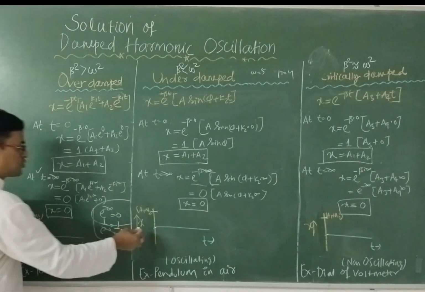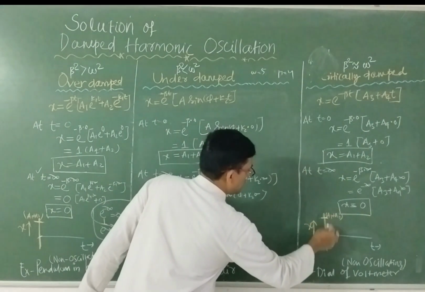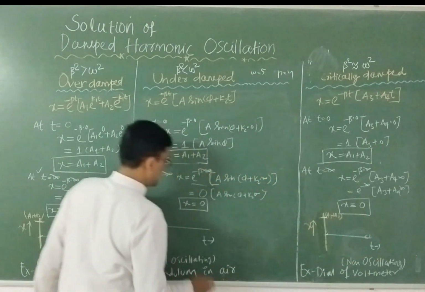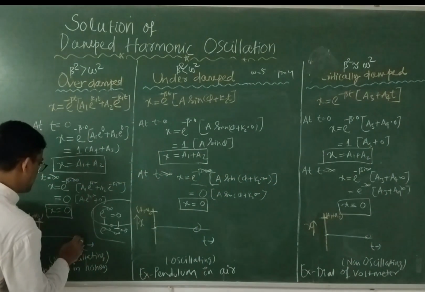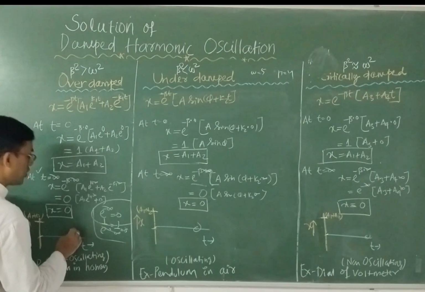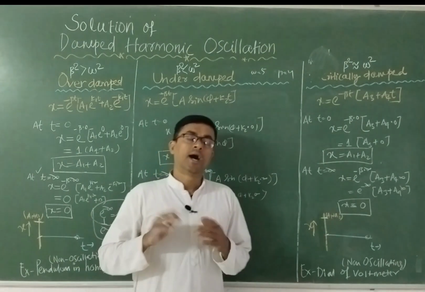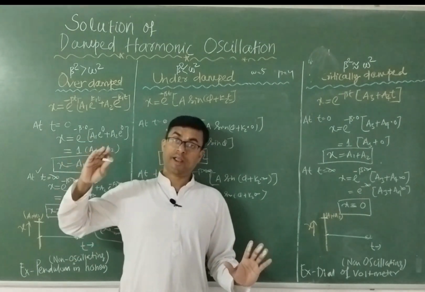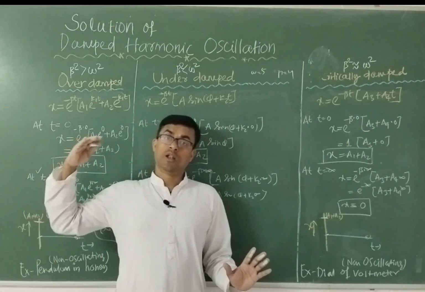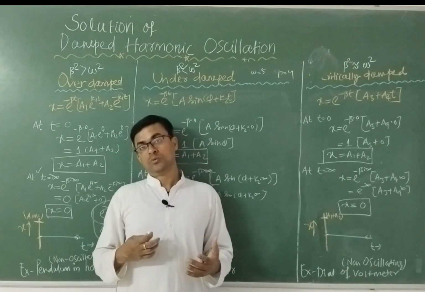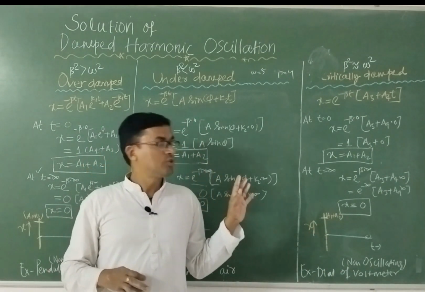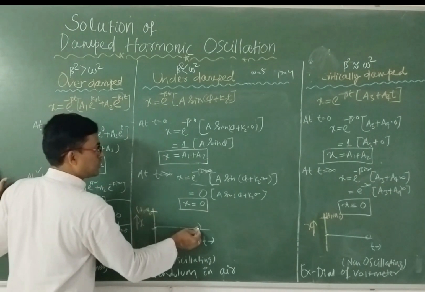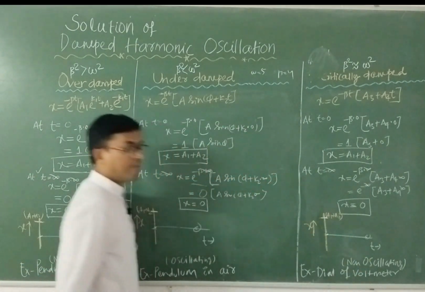So here at t equal to 0, the displacement was a1 plus a2. But for the high value of time, you are finding the displacement equal to 0. That means we got 2 points: one at t equal to 0, and another at a high value of t. But now the concern is how this curve will attain the 0 value from a1 plus a2. How will this a1 value touch 0? That is your concern.